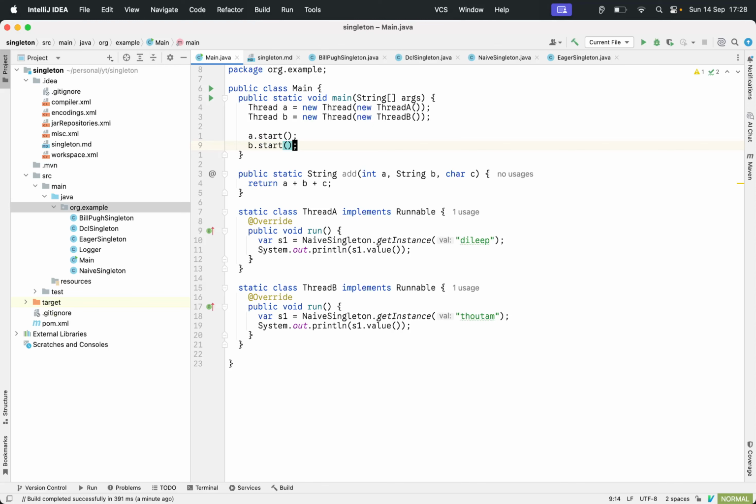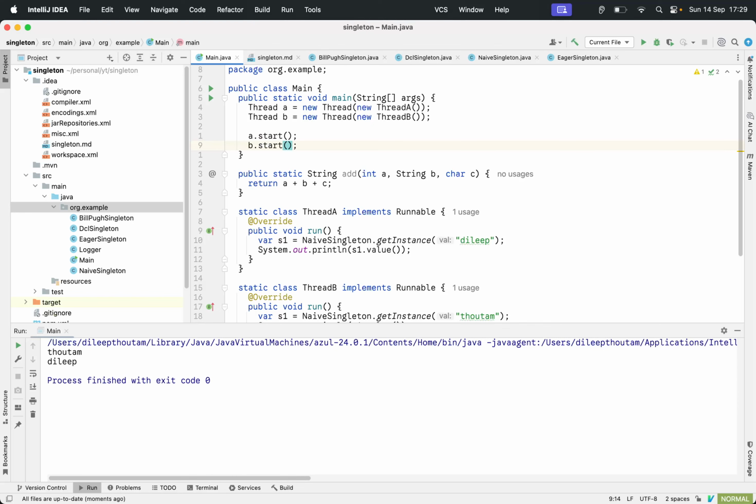This will be the case sometimes, so we have to run it multiple times to find out the result. See, now you got two. Before, when we ran, we got two totems. Now we got one totem on the lead. So that means this is misbehaving.